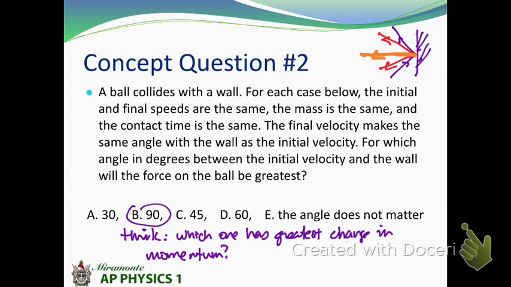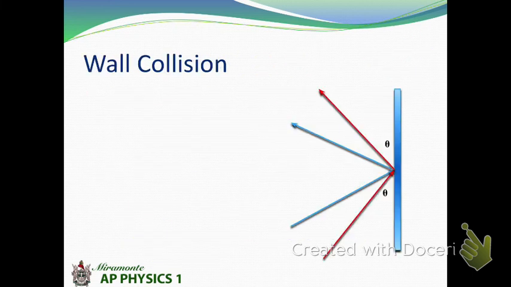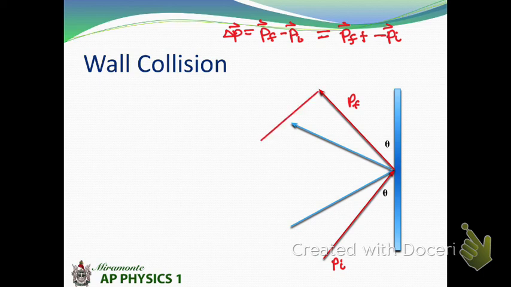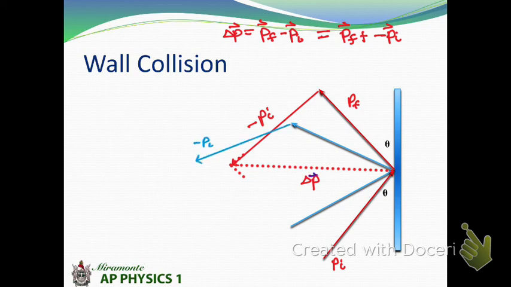And let me show you why. Let's do it vectorially. So we have a wall with a vector. We know that the change in momentum is P final minus P initial. And we have the initial vector coming in. Another way to do vectors, though, is to say P final plus a minus P initial. So if I take this lower vector and I flip it around and add it to P final, I get this for a total of delta P. So that's a pretty good size change in momentum. Now, if I do the same thing with the blue, which is the steeper angle, I get, in fact, a larger change in momentum. So in other words, the steeper the angle, the greater the change in momentum is going to be given by the force.